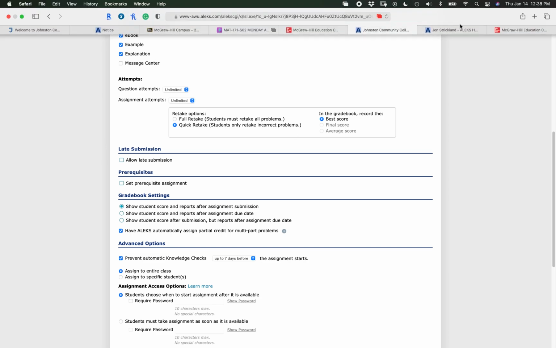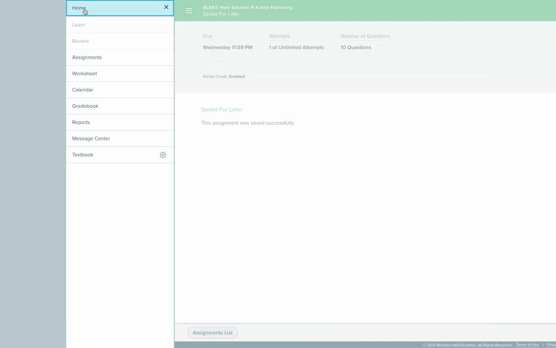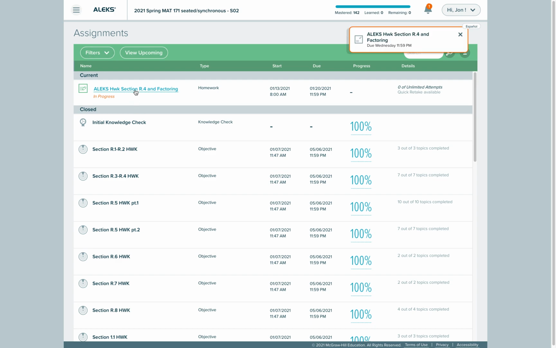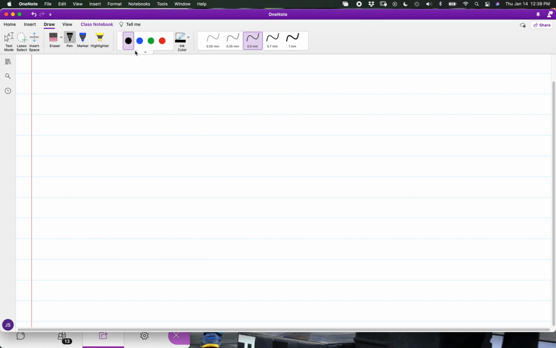And once again, just to access the homeworks, you click on the 3 bars in the upper left hand section, click on assignments, and you get the list, and so you have Alex homework section R4 and factoring, which will be due on January the 20th. And we're looking at working with equations and identifying whether the result is a conditional, a contradiction, or an identity. And from page 68, we have item number 24,